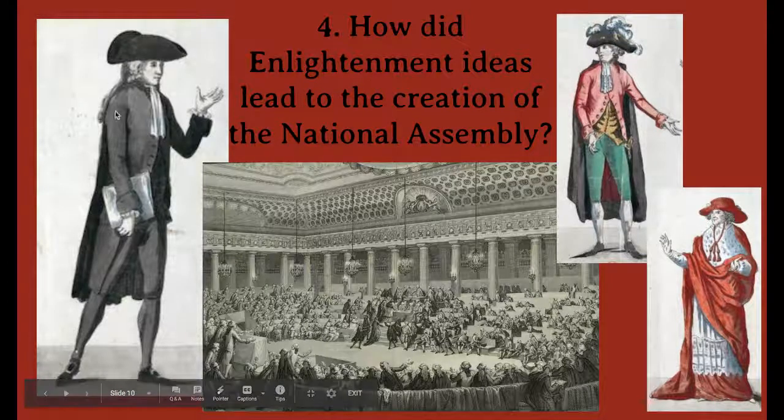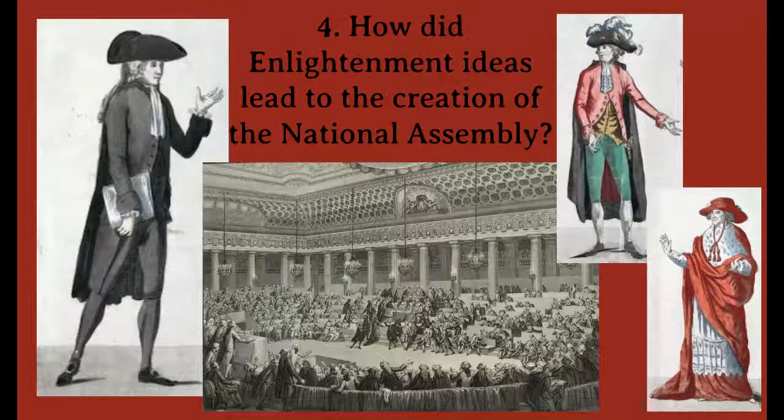Here's a member of the third estate in his required head-to-toe black attire. And the third estate met separately for several weeks, becoming increasingly upset at the unfairness of the three estates general estates system. And as a well-educated group of men, many of whom were lawyers and other highly educated and worldly men, they started to realize that they represented 97% of the people. And so they, in fact, should have more power than the other two estates.